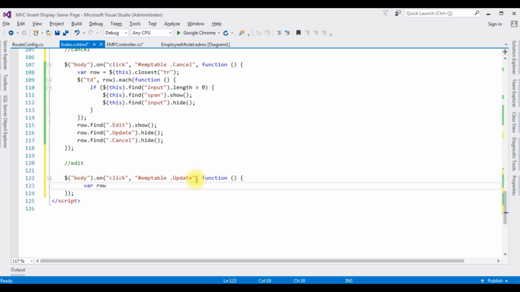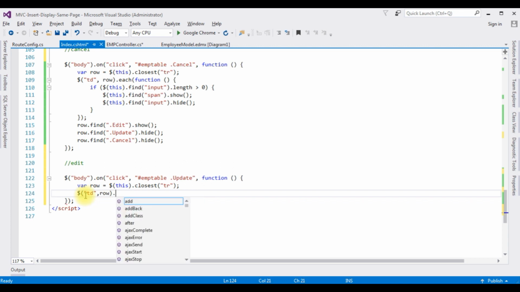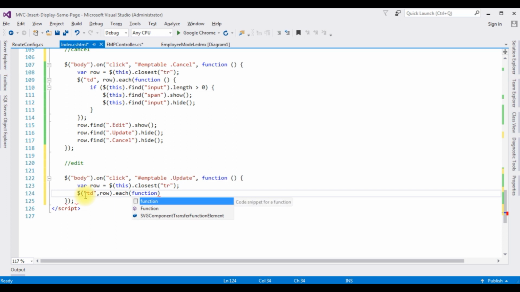variable row is equal to $(this).closest("tr"). Now in this tr I have a td, which is the table rows, $("td"), comma, row.each function